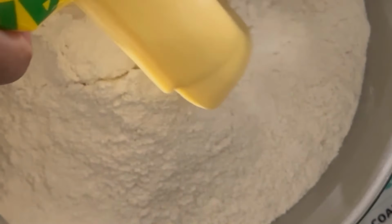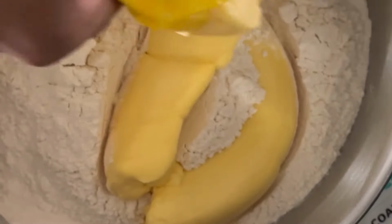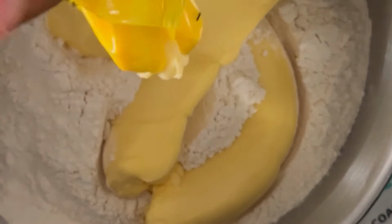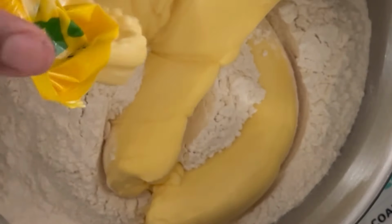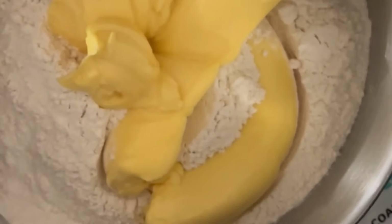If you have a measuring cup, you can use the measuring cup to measure the butter. I've gotten used to measurements. So my mom's getting used to doing the measurement stuff, so she didn't use the measuring cups. Now you squeeze your butter in. That looks so much fun. I wish I was there. Then, after you're done squeezing in your 500 grams of butter,